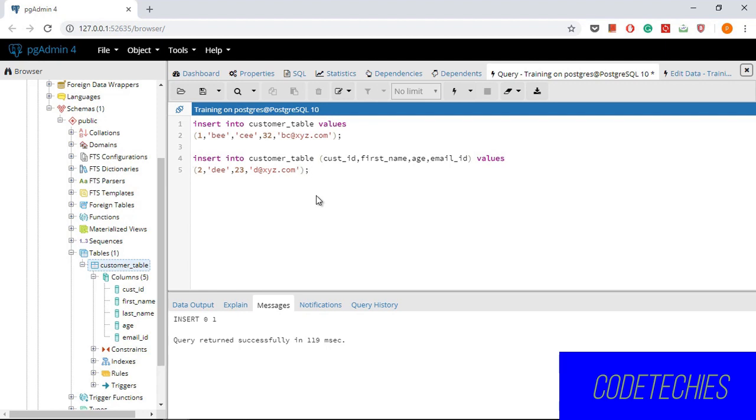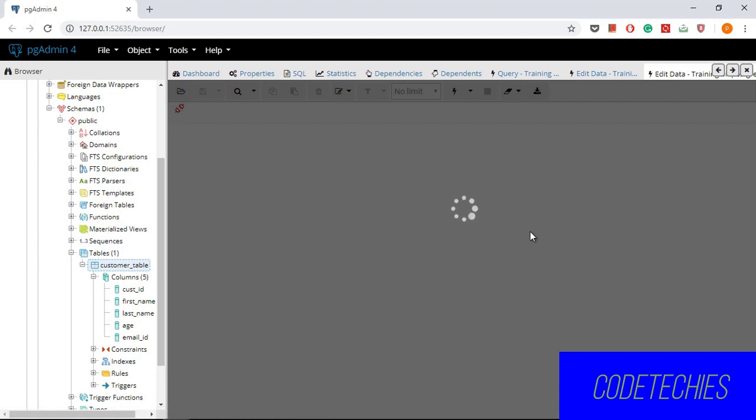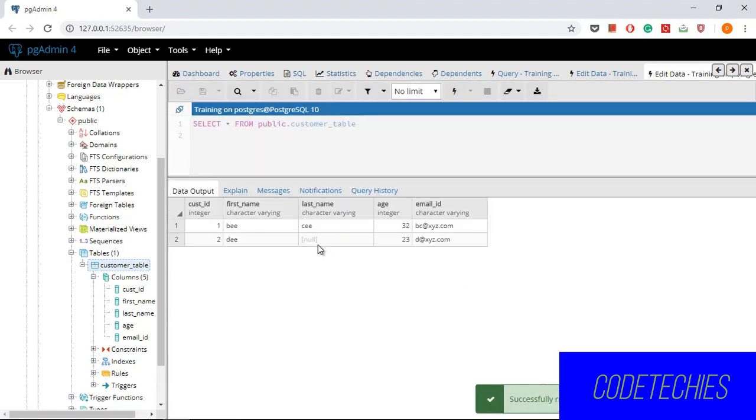Run this, press F5. This also was executed successfully. Go to the table, right click, view, all rows. You can see for last name, the value is null. In the last lecture, we also discussed there is a constraint called not null. Had there been a constraint on last name of it being not null, then this particular query would have given us an error. Now let's go back to our example and learn how to insert more than one record at